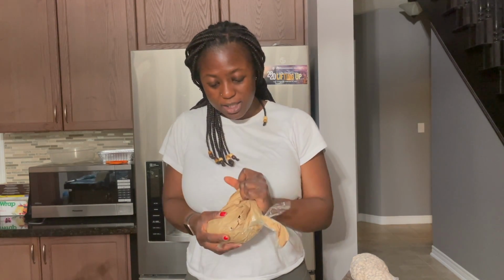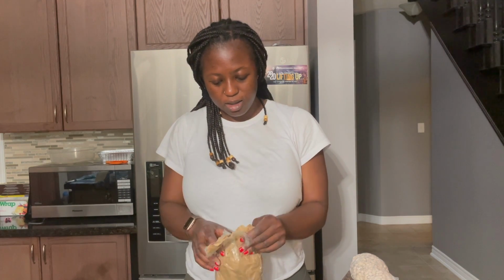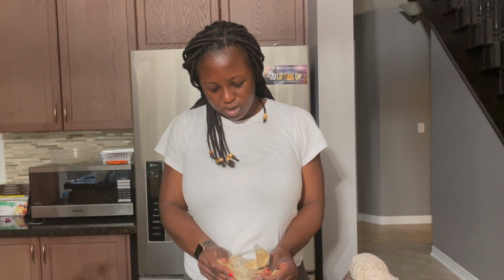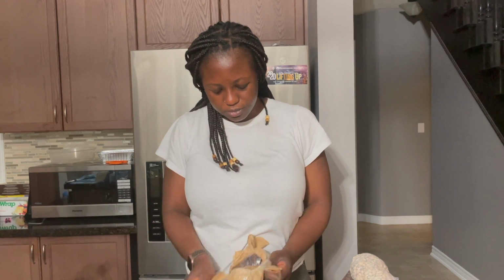Oh, this is more spices. I would have completely forgotten. Oh, okay, this is important. And these are important spices too. Okay, so